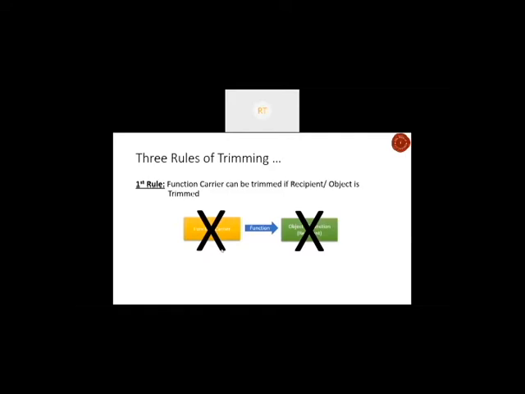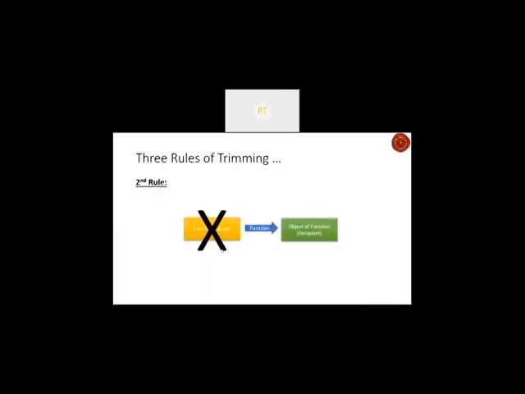This trimming is called radical trimming because we have eliminated a complete branch of function carrier as well as the function recipient. So we are ideally saying that the function that was being performed was probably not needed itself. And since this one component was only doing auxiliary functions, we can do away with the auxiliary functions as well as the carrier who was doing the auxiliary functions, thereby bringing down the cost drastically. So this is called radical trimming.